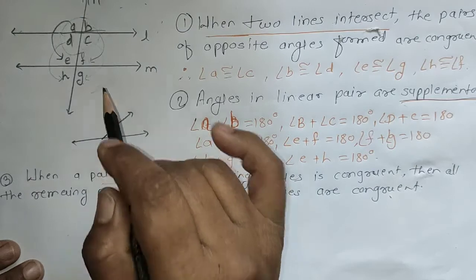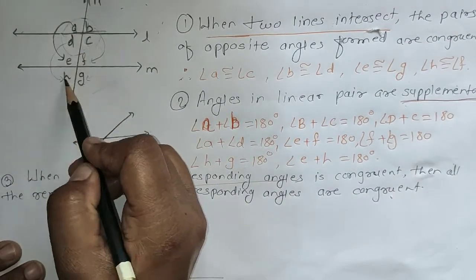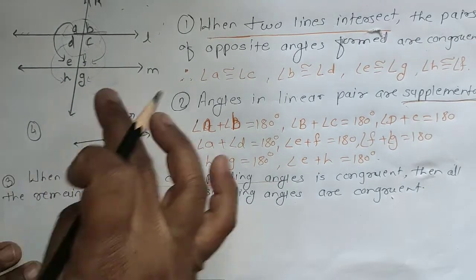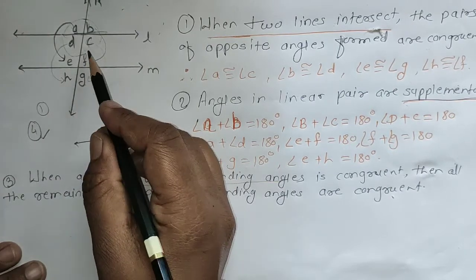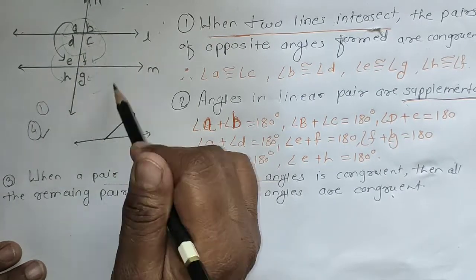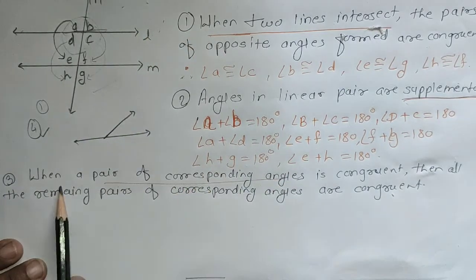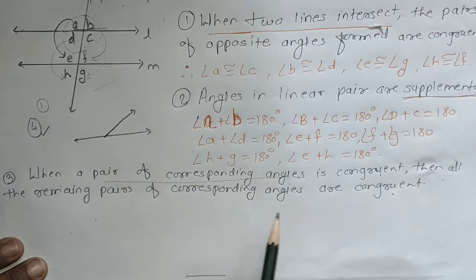From this, how many pairs of corresponding angles are there here? There are 1, 2, 3 and 4. So 4 pairs of corresponding angles are present in this figure. So if out of 4, one pair is congruent, the remaining pairs are all congruent to each other. That is the statement: when a pair of corresponding angles is congruent, then all the remaining pairs of corresponding angles